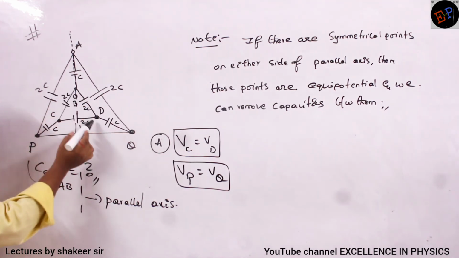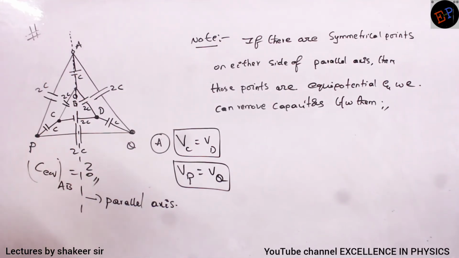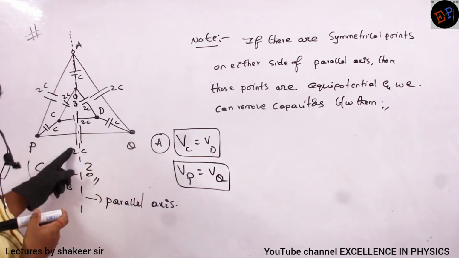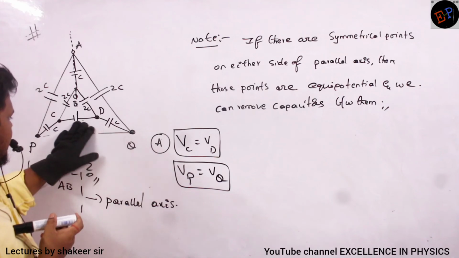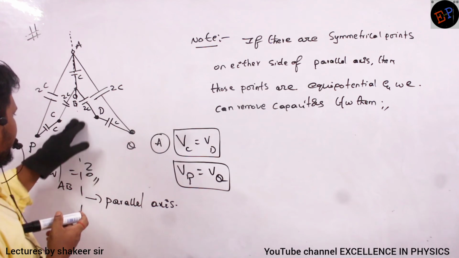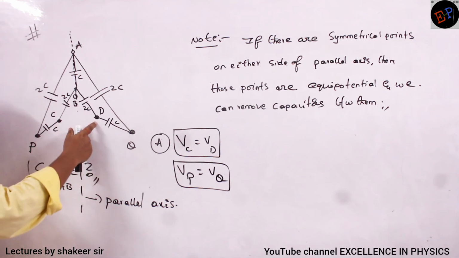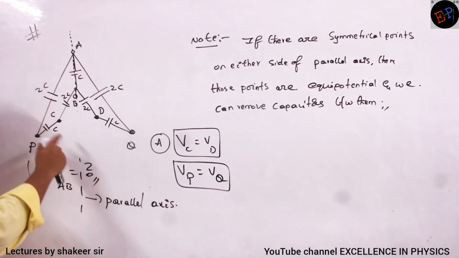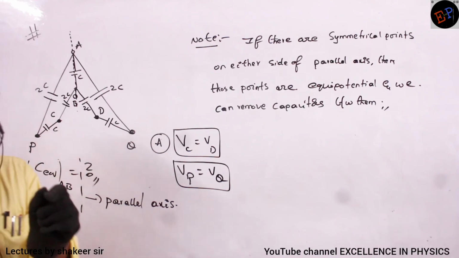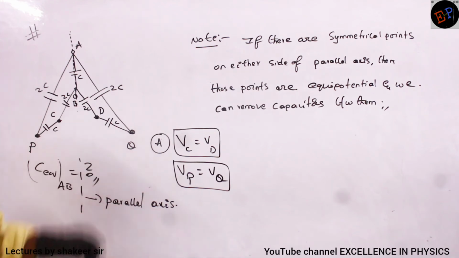Similarly here also I have this one, and this one. These 2 capacitors are gone. Are you able to understand? So I will solve here only, but you draw a fresh circuit. I will draw here only. See, ma, listen. So therefore I can remove this 2C and this 2C. If I remove them like this, then circuit appears like this. This is how circuit looks like. Okay. So are you able to understand why I have removed the capacitors, ma? No? So C and D, across this parallel line, they are positioned similarly. Their arrangement is similar. Similarly, point P and point Q arrangement is similar. So therefore I have removed these capacitors.